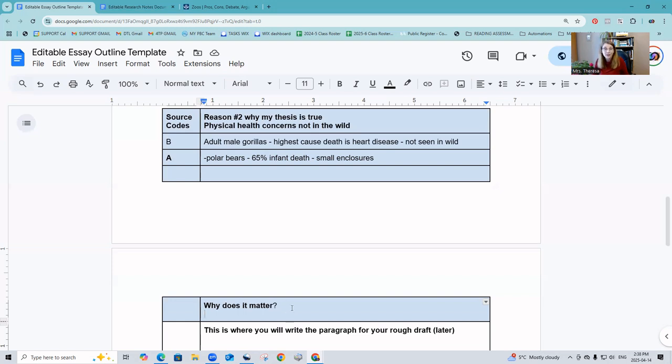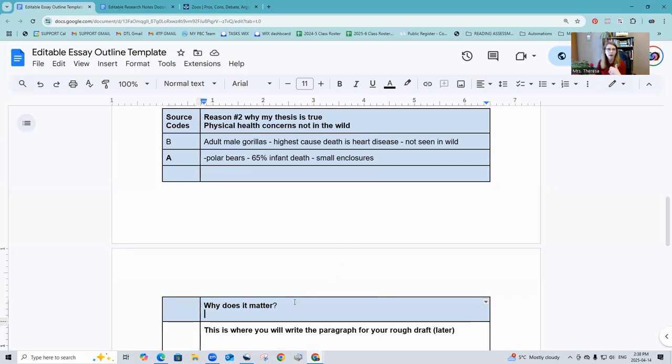If it doesn't make a difference, then these reasons, they don't really matter. Right? No one wants to read an essay about something that doesn't really matter. We want to really drive home to our reader that it matters. We don't want to just have proof, proof, proof, proof, and let our reader come up with their own conclusions, because what they might conclude is, oh, well, you haven't done enough research. You just don't know some of the things I know. Fair enough. Maybe we don't. However, we should try to connect to our reader in a way that is going to help them understand why we care about these reasons and these proofs.